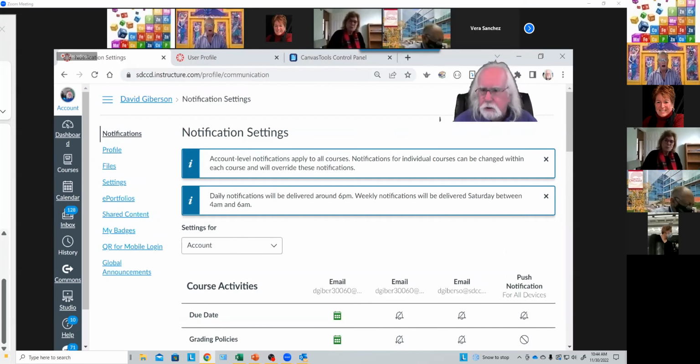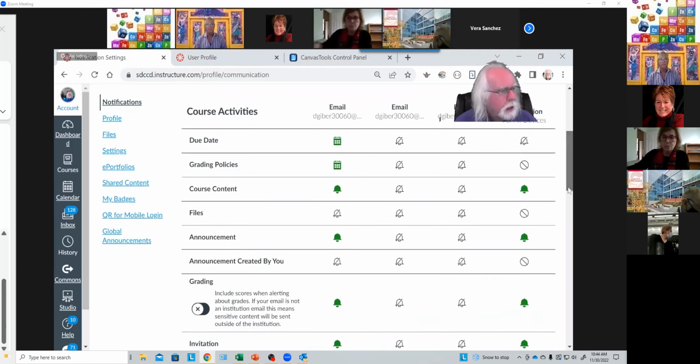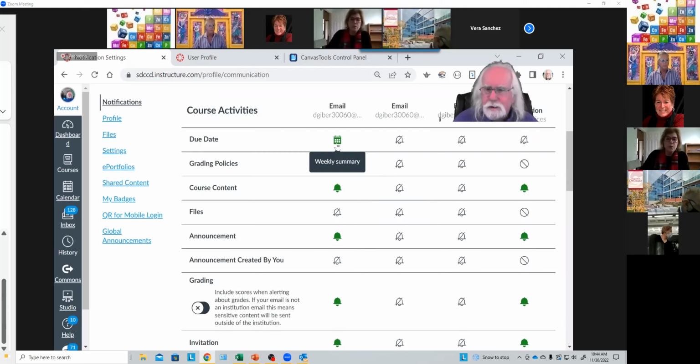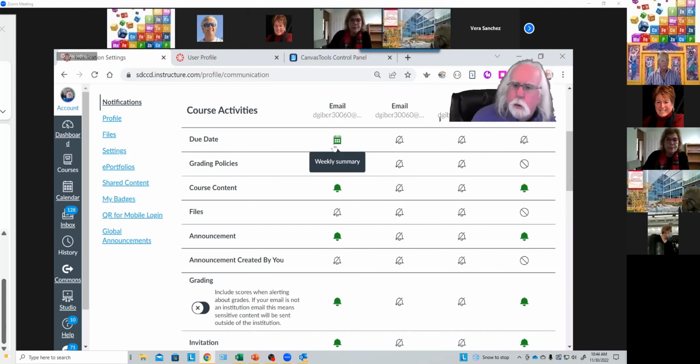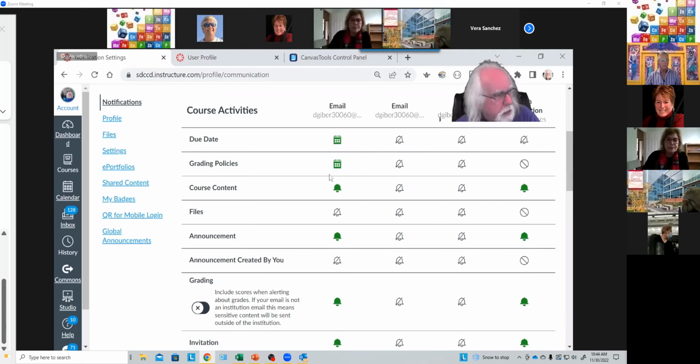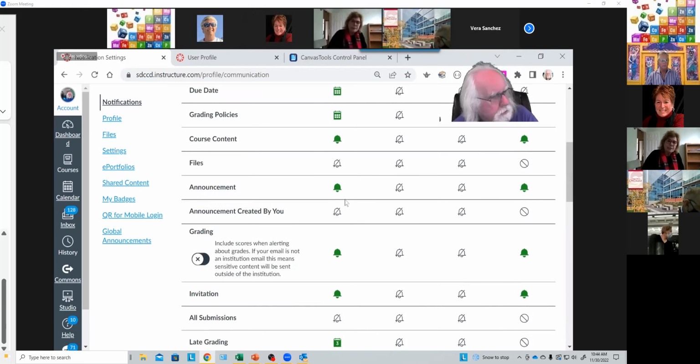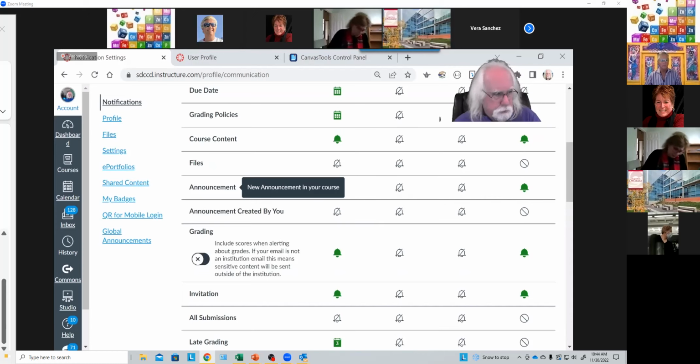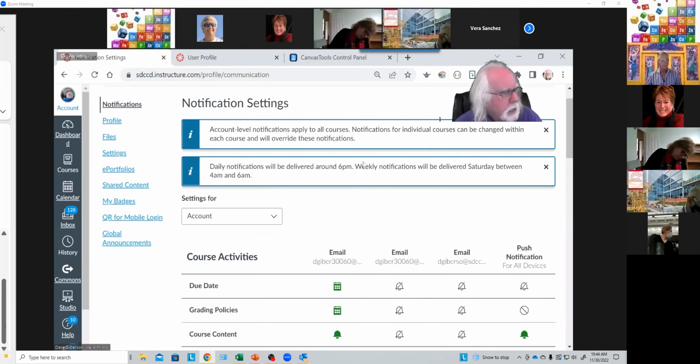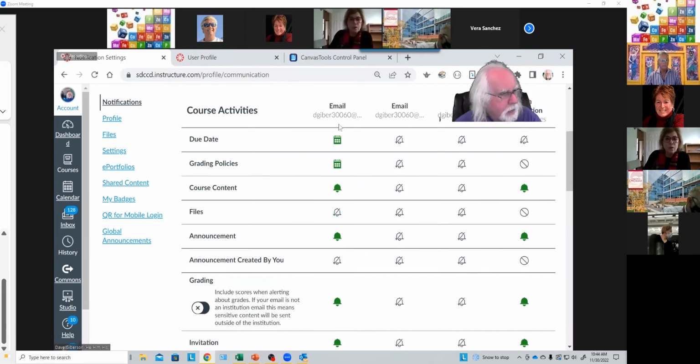those are the various activities that might cause a notification email or a push notification to be sent. But you get to decide in each case whether or not you want such notifications. For instance, if you want to be notified every time an announcement appears in a course in which you're a student, you have to go to the intersection here between the email column, and most accounts will only have one email column. There'll only be one email account associated with most Canvas